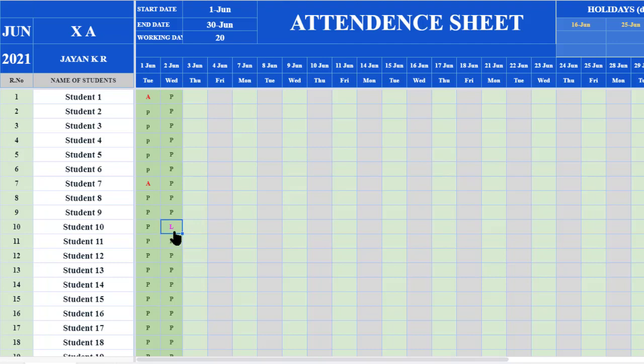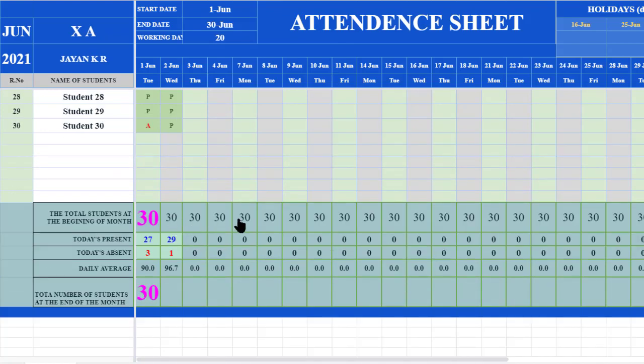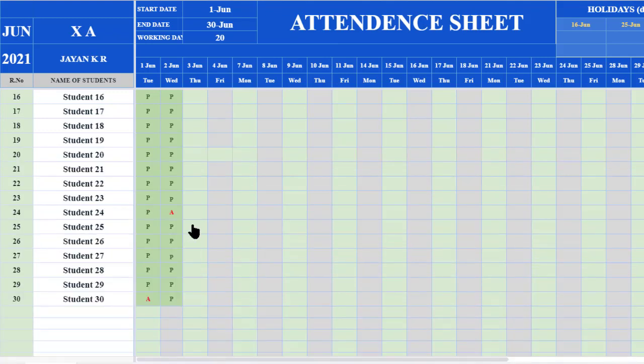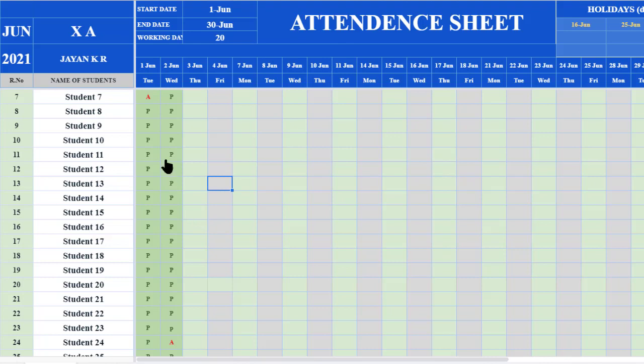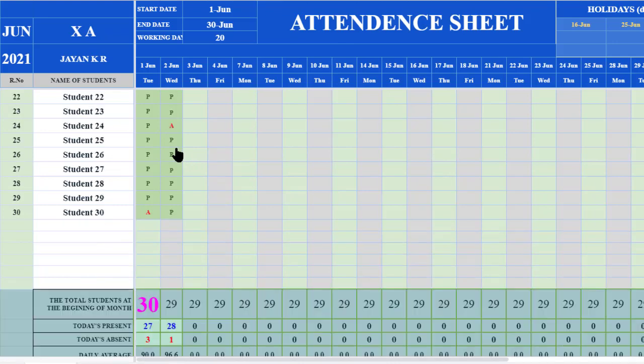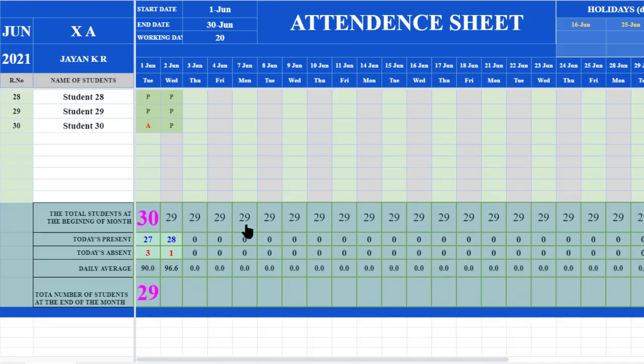What will happen if we are not marking there? The total number of children is actually 30, and you can see 30 on all days. But one child is moving to another classroom, so you mark L here, and you can see the color changed also. At that time, in that classroom there are now only 29 children. For all days, the strength of the classroom automatically changes to 29. Only the first day is 30 and now it is 29. Understood? And at the end of this month also it is 29. But in between, if any child joins, it will change.